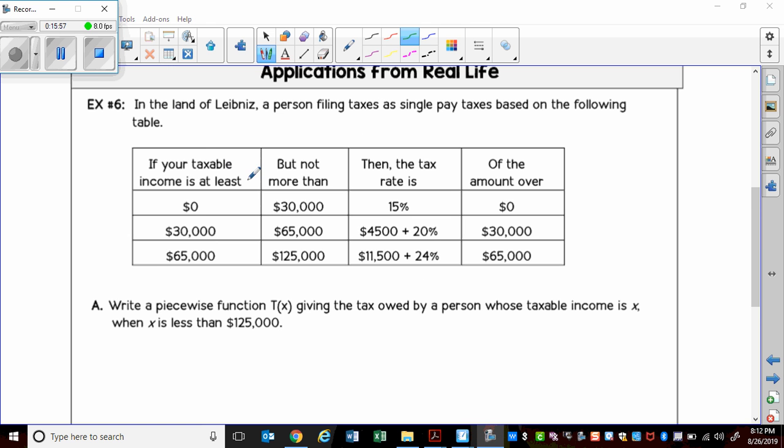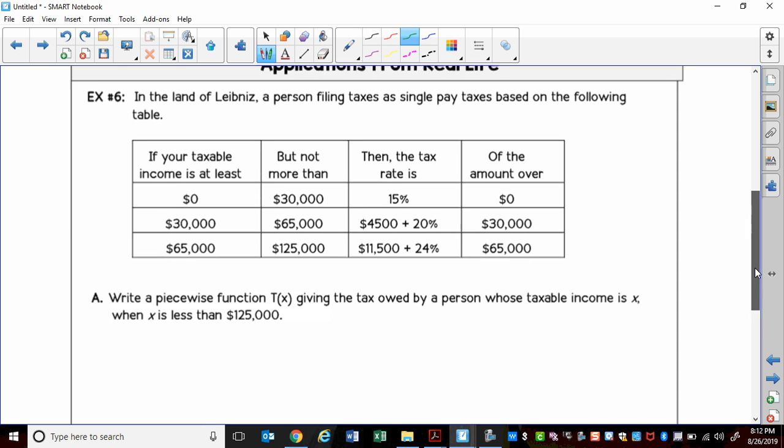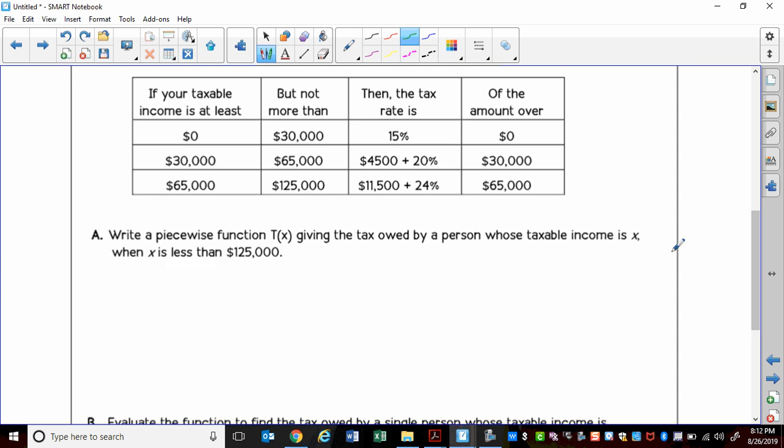I really encourage you to go ahead and pause the video and read this because I'm going to go through it pretty quickly, and I had to pause it and read it and make sure I understood it myself. They want us to write a piecewise function. So I'm going to say, and it says t of x, so t of x is given by,